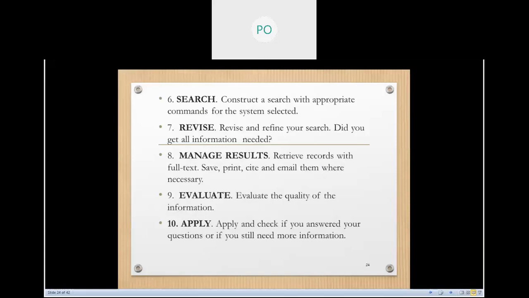You have already searched and retrieved your result. Where do you want to put it? Do you want to save it on the desktop? Do you want to print it out? Do you want to cite it? Because we also have provisions for citing information. And even how do you want to manage your references? Because there are also tools. We have Mendeley and Zotero that will help you in managing your